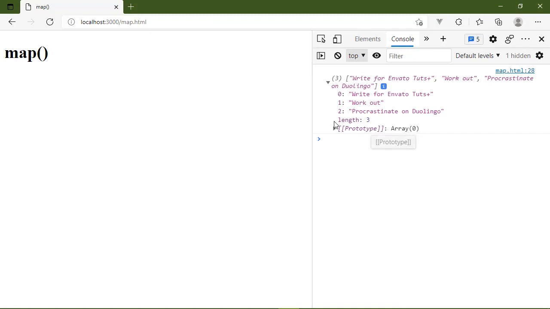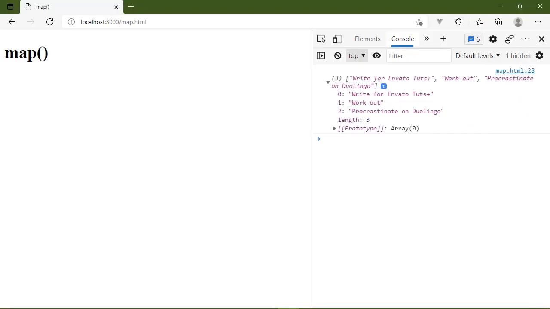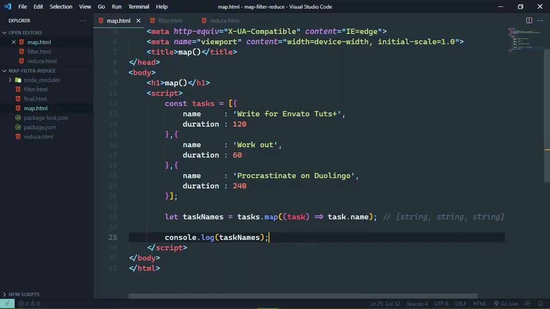And of course it does. Here we have our array of 3 elements. Each element is, of course, the name of each task. So there we go. Now, when it comes to the map method, the main thing you need to be aware